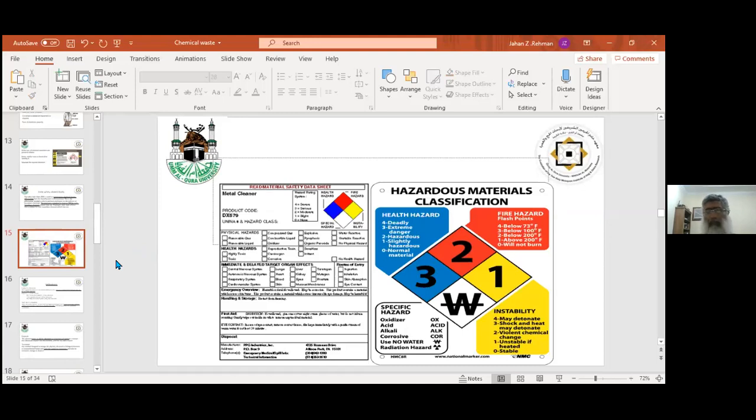That level means what level you are supposed to have with the students. For example, if a first year student, then I understand that they do not know anything. If second year student, they know something. Third year student, fourth year student, PhD student, they have to know many things. So these safety data sheets are for the first year students, second year students, or the new persons. All the educated students, means master's degree, graduation, complete graduation degree, and PhD degrees, they are supposed to know these things by heart if they are working in the chemistry labs.